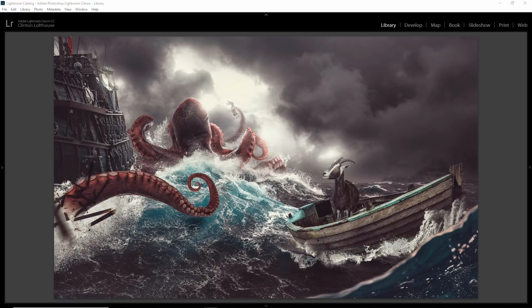Yo, what's happening, guys? So this week we have another Photoshop edit walkthrough, and the image I am walking you through today is this image on the screen, the goat in the boat image, which I was commissioned to create